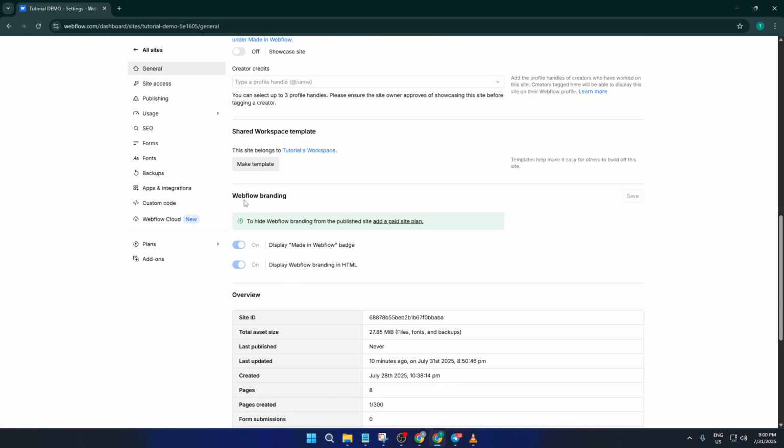Scroll down slowly until you spot an option labeled Webflow Branding. This is typically under a section that handles site credits and publisher details. Here you'll notice the setting that controls that Made in Webflow badge that's been appearing on your published site. This badge, by default, is visible to everyone who visits your pages, letting people know your site was built with Webflow. That's great for Webflow, but if you're looking to showcase your brand without any outside branding, this next step